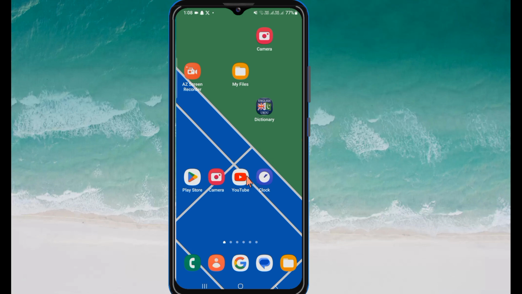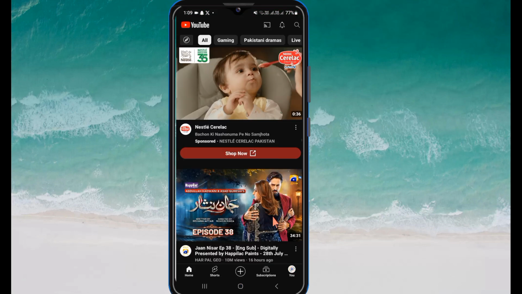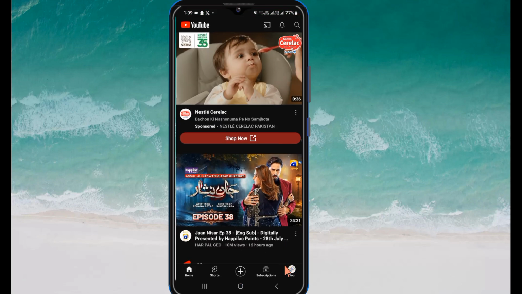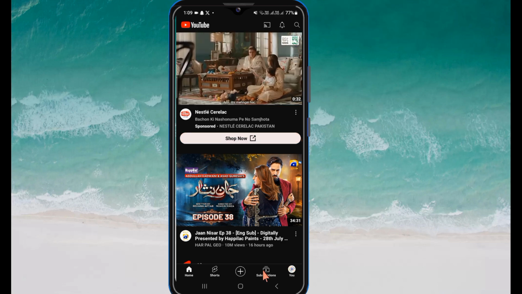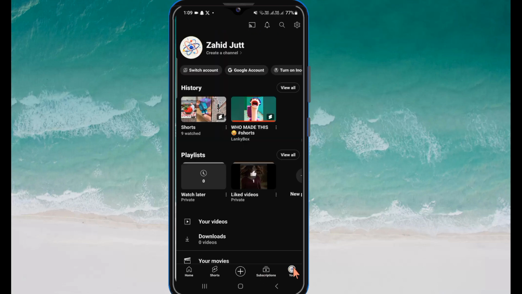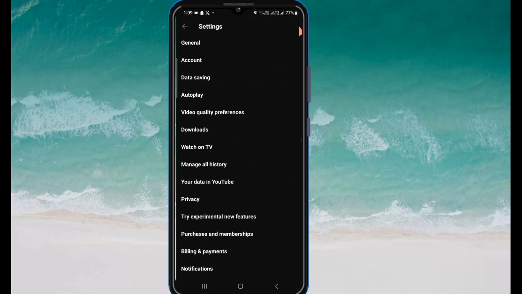So firstly, open the YouTube application. After this you can see profile at the bottom right corner, so click on it. After this, here you can see gear options on the top right corner, so click on it and then